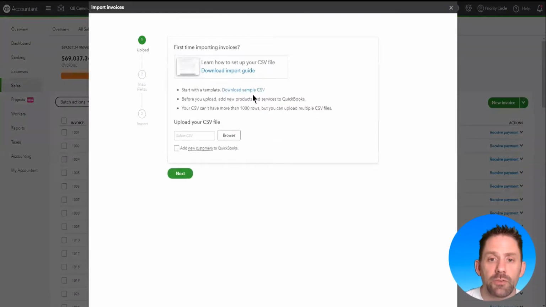From here, they do have a downloadable CSV file that you can look at and follow the instructions on, to make sure that you're more successful with the import, of course. Additionally, if you do not already have the customers inside of this system, this will add new customers if you click the box, but be sure to check that you don't have just customer typos, otherwise you'll create duplicates